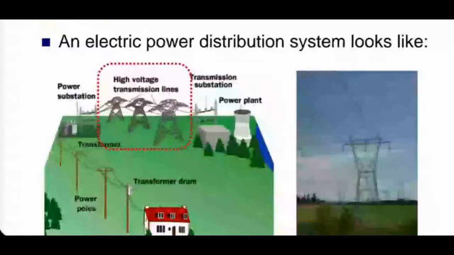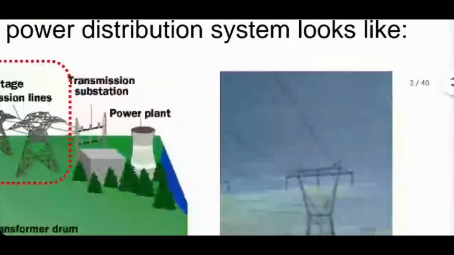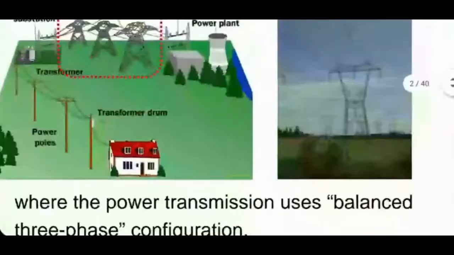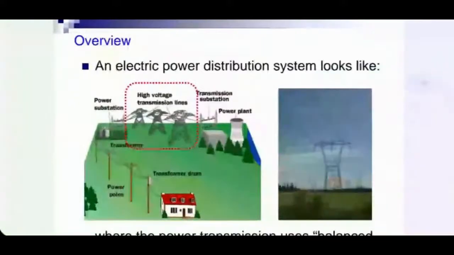So this is a schematic diagram. Transmission lines, I'm sure you see them all around you. They are so common, we don't even notice them most of the time. The generation side is what we are going to be talking about after the midterm exam. We will assume right now that we are able to generate three-phase power on the generator side without any problems. How it is done will be a subject for discussion after the midterm.